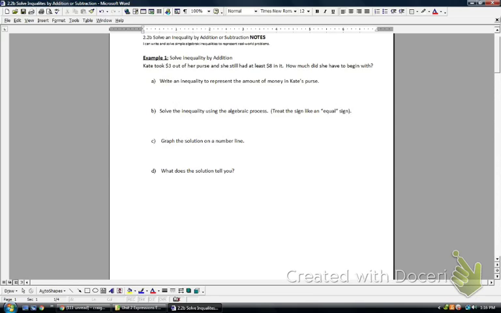Our example says that Kate took $3 out of her purse and she still had at least $8 in it. How much did she have to begin with? At the bottom or somewhere on your paper, make yourself a little note. We are going to define "at least" and "at most." So I'll do mine over here at the right. Let me do red. So, at least